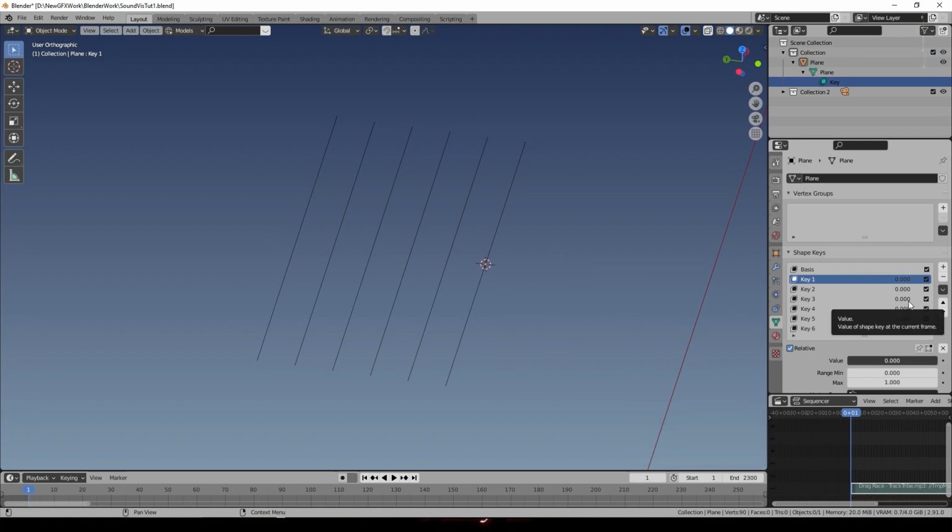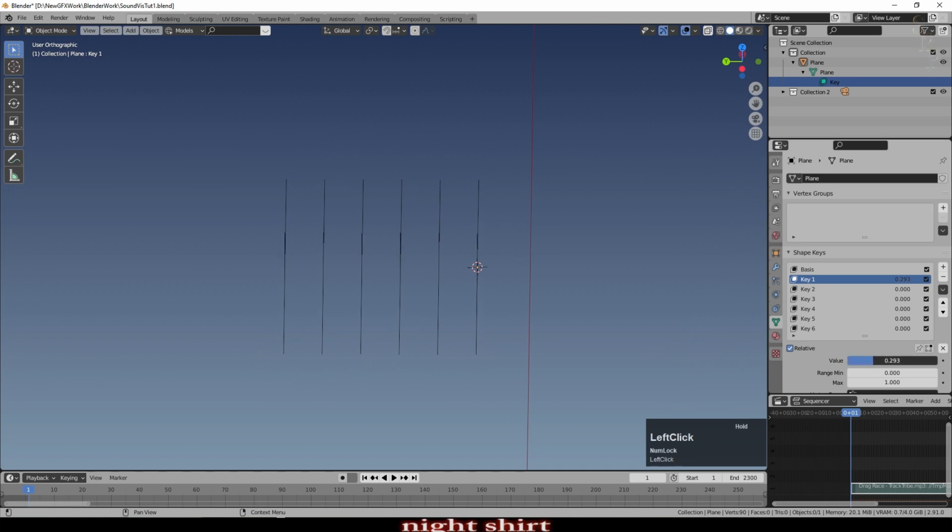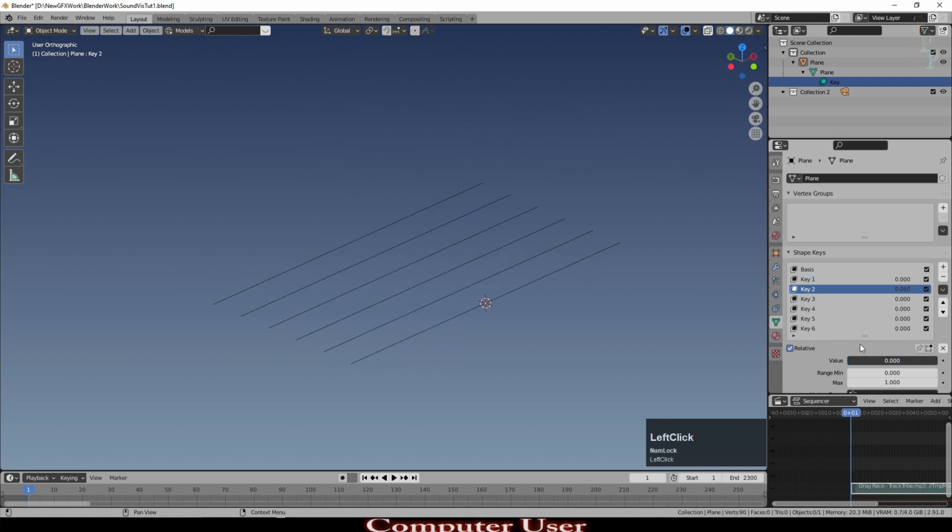So at this point, you may encounter what's either a bug or an undisclosed feature of Blender at the moment, which is sometimes, I haven't had it do it every time, when you have all these keys, they'll actually all affect all of the lines. So they shouldn't do that. So that should just be affecting the first line. And you can see if I change the second key, that affects all of them as well. There is a way to overcome it.